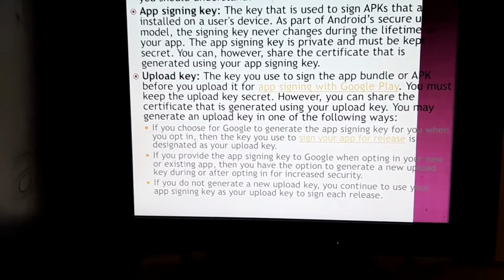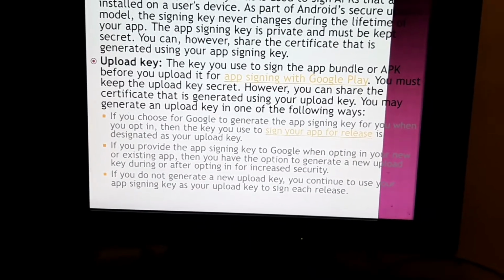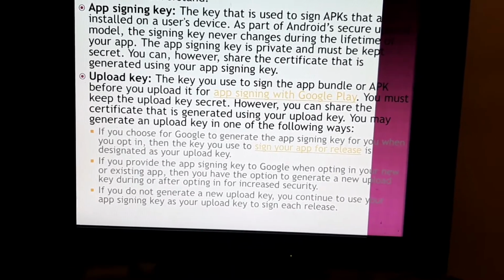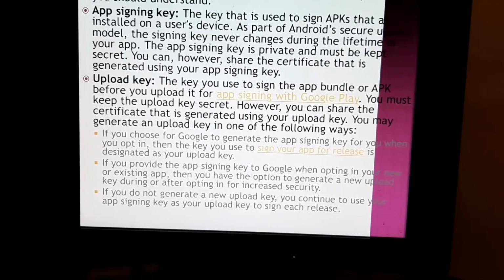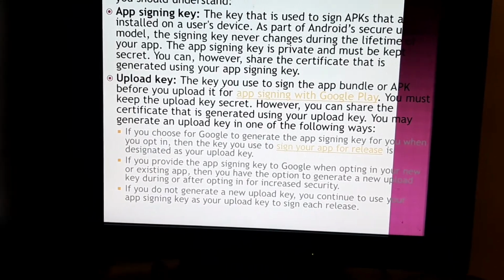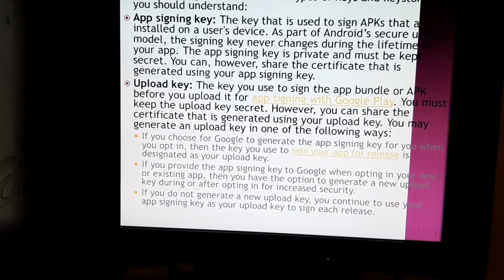And if you do not generate a new upload key, you continue to use your app signing key as your upload key to sign each release. To keep your key secure, it's a good idea to make sure your app signing key and upload key are different.